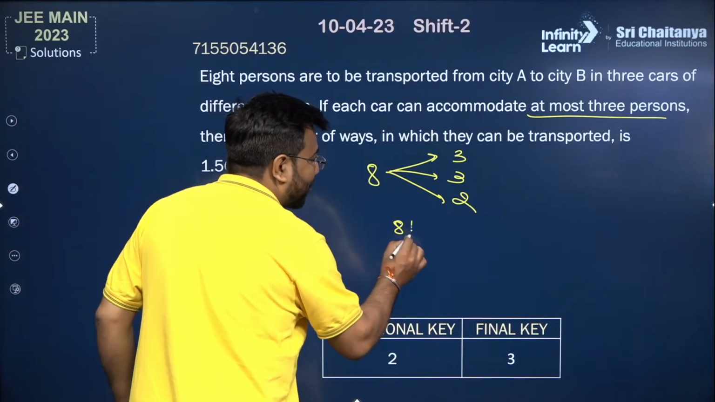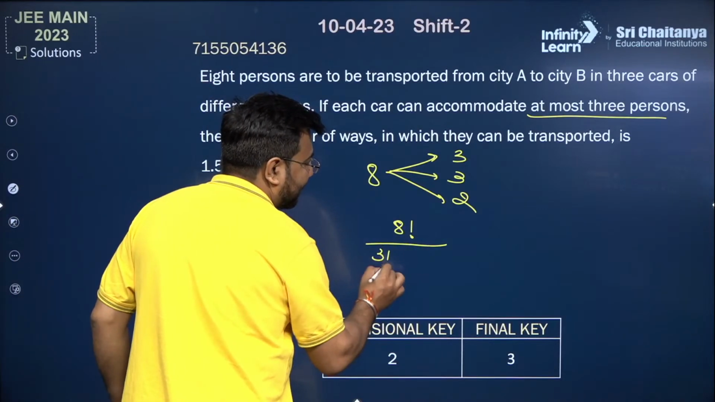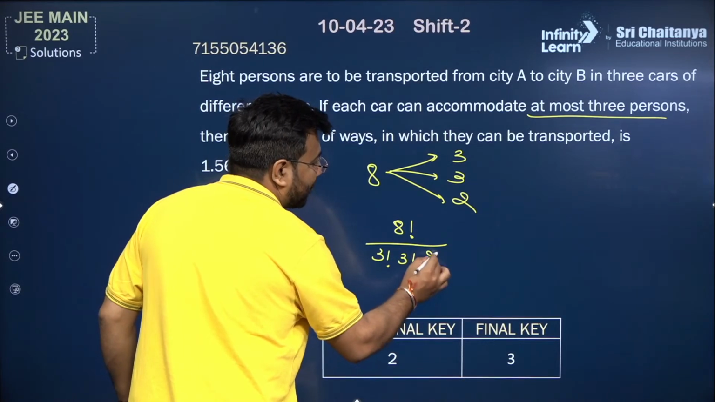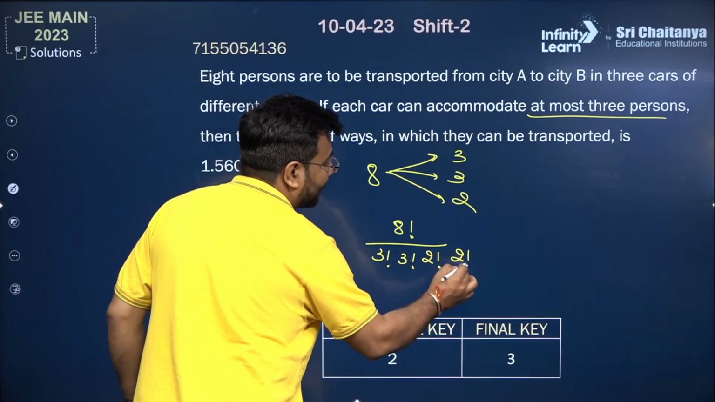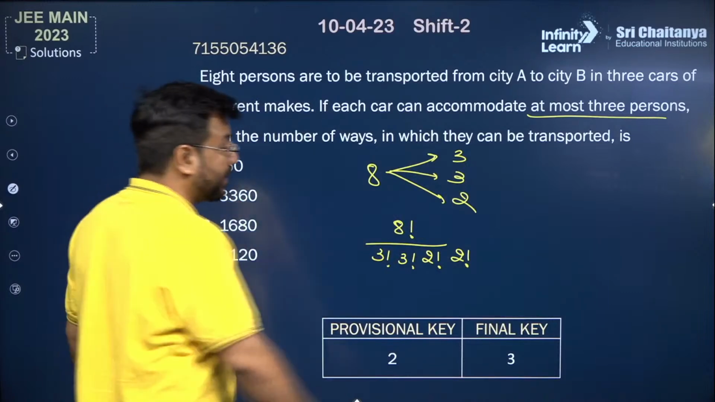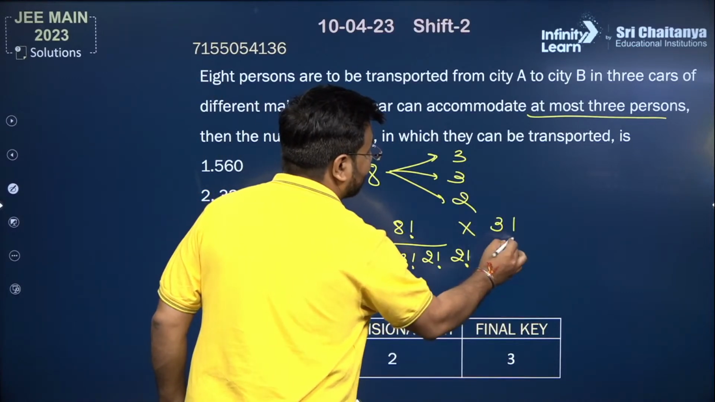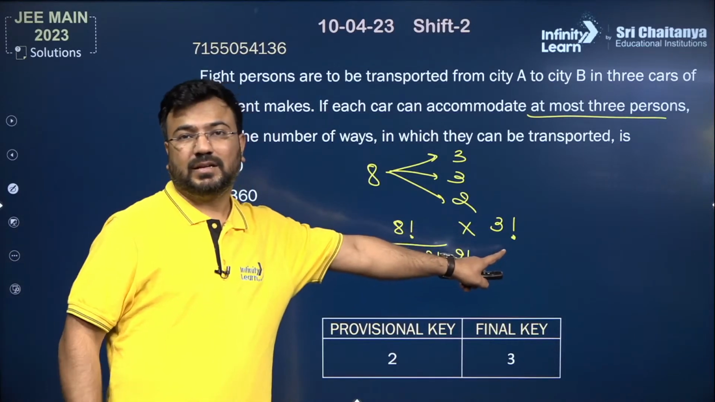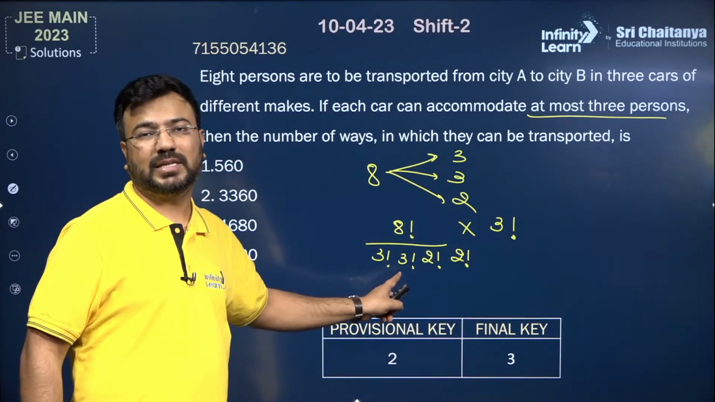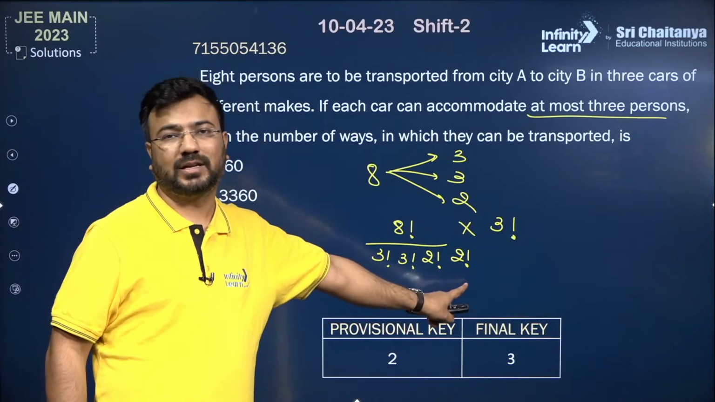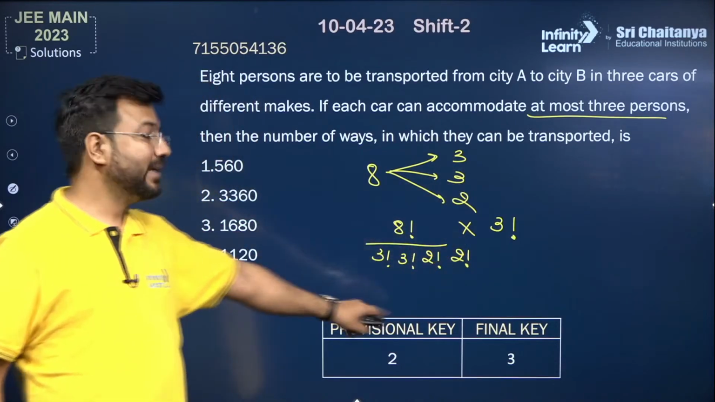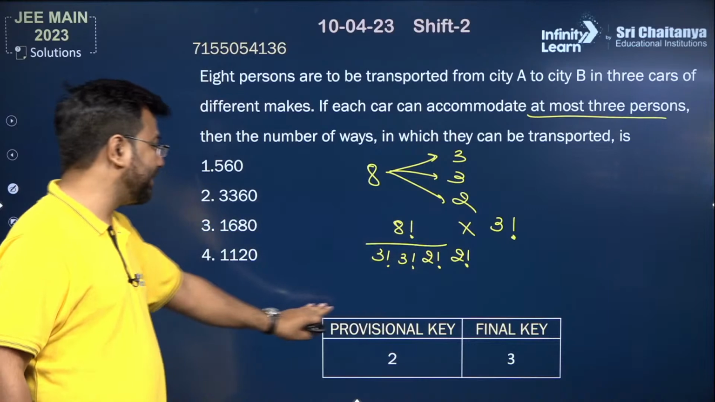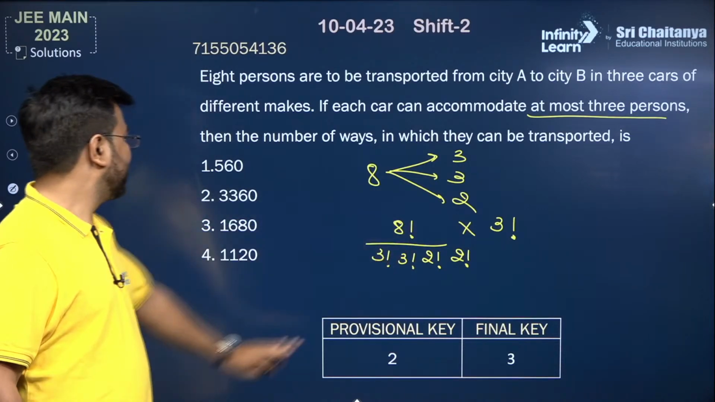So first you do the division into groups: 8 factorial, 3 factorial, 3 factorial, 2 factorial, and this extra 2 factorial is because of equal size group, and this is multiplied by 3 factorial. Why is this multiplied by 3 factorial? This is for the distribution, okay, and this is division into groups. Equal size group की वजह से an extra 2 factorial came because there were 2 groups of equal size. Now this answer will be equal to